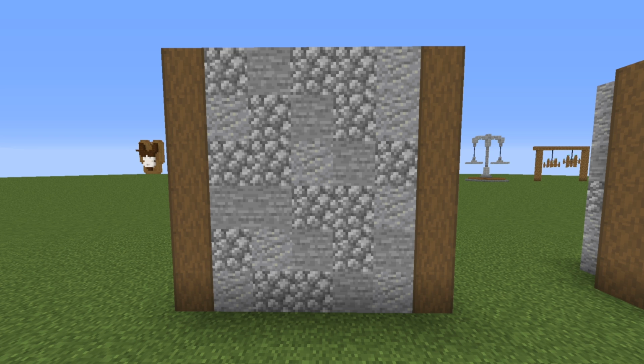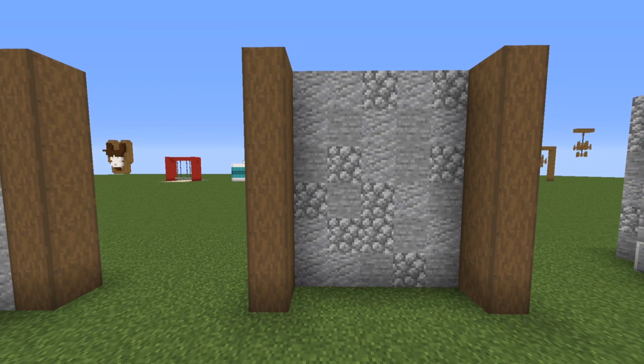But right here we have a flat wall. There's not a lot of interest going on. There's only interest in the texture, and I did do a video on texture, and if you want to check that out, there will be an eye in the top right corner. And texture is different. Now you can use texture and depth together to create really cool detailed builds, but for this purpose here, texture is only used, and this is fine,